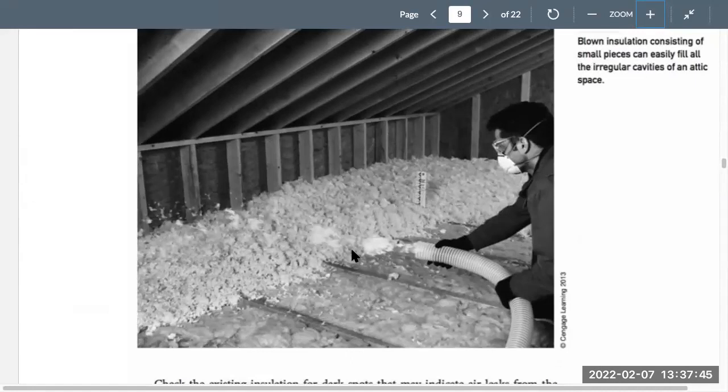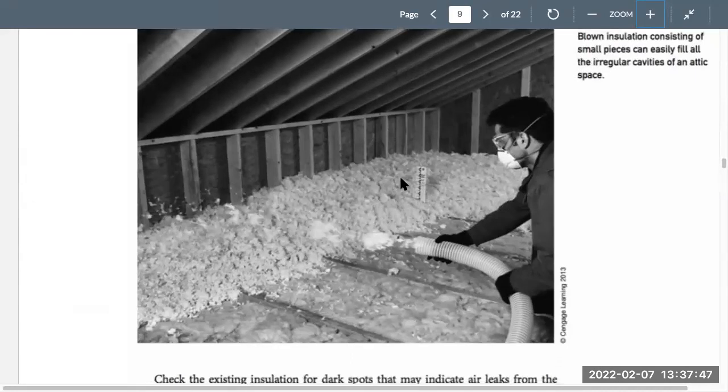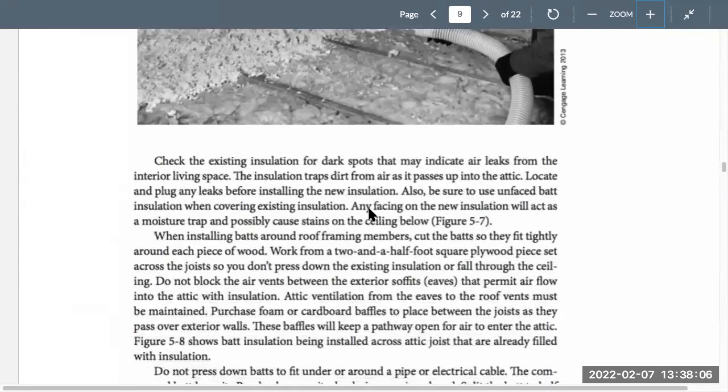So there we go, blowing insulation. There you see he's got a gauge there so they know when they've reached a certain level, and you move that gauge around. Also, you can't see it, but you can't just stand anywhere. You have to make sure you're standing on the joists. You'll have possibly